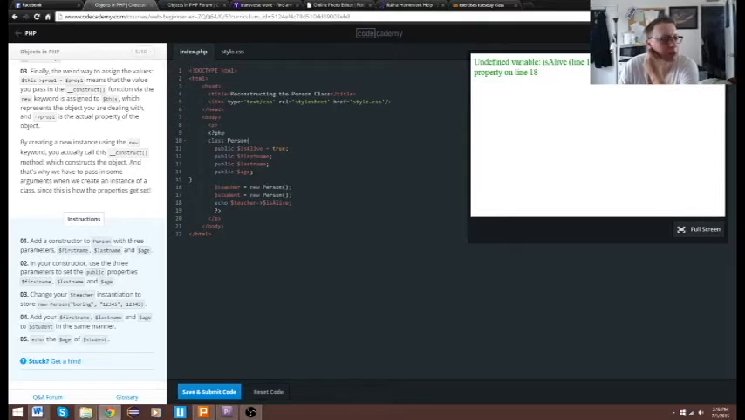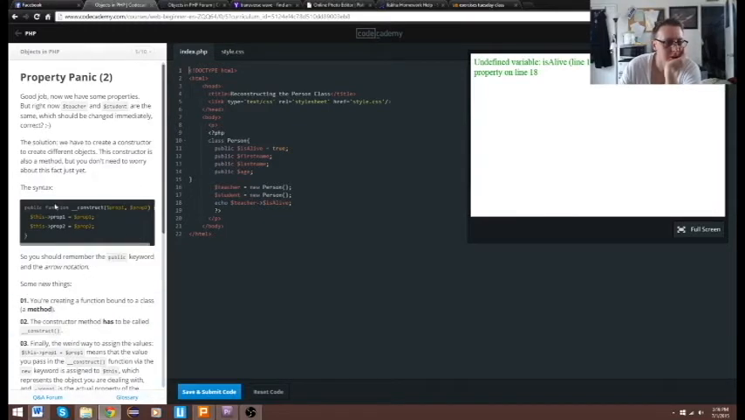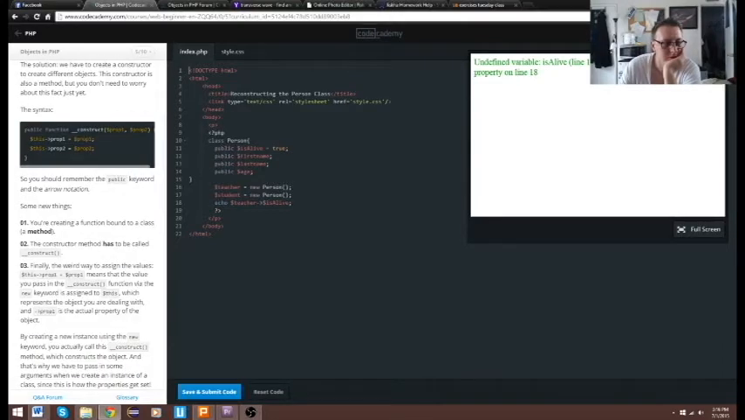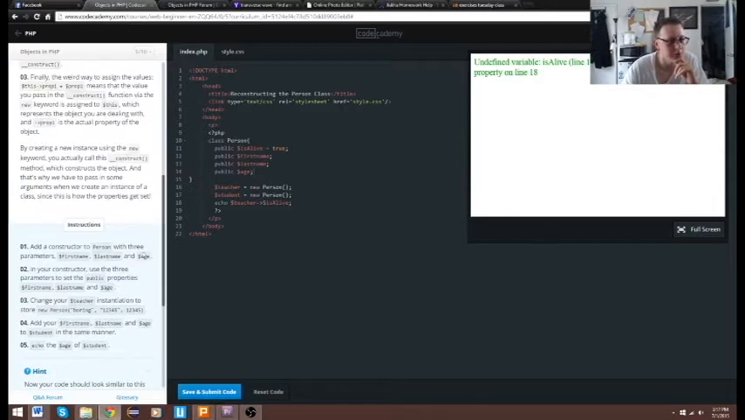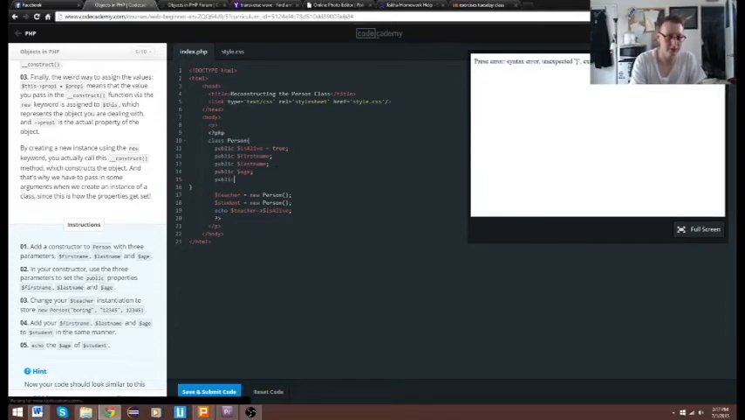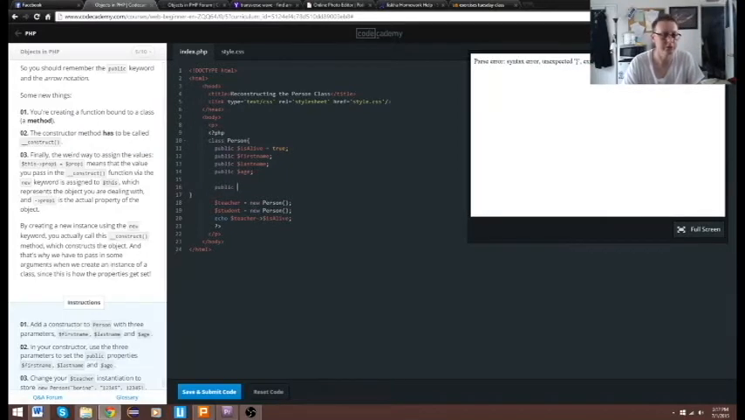So in this case, we want to add a constructor to the person with 3 parameters: first name, last name, and age. And let's see how they do it again. Alright, so this is going, I believe, to go within the class. Let's see if there's a hint here. Yeah, it goes within the class. So in this case, we're going to, public, let's make a little line here, public underscore construct,